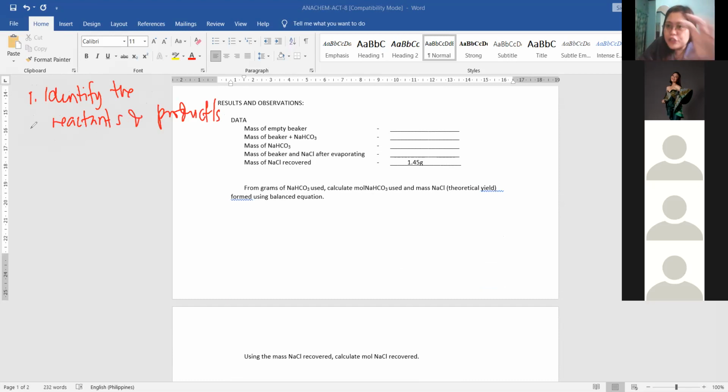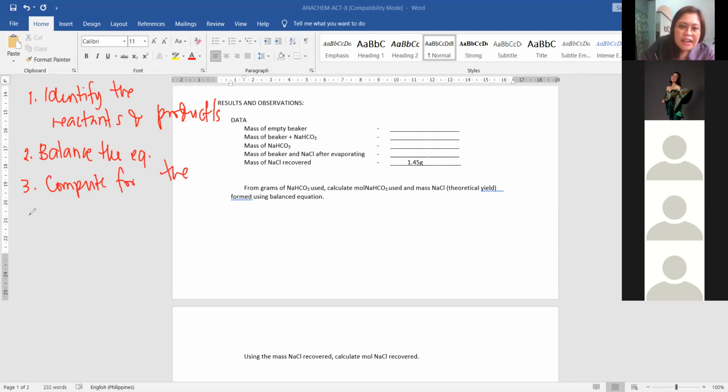So read the problem given here and identify the reactants and the products. Then number 2, you have to balance the equation. Okay? Once the equation is balanced, you will be computing